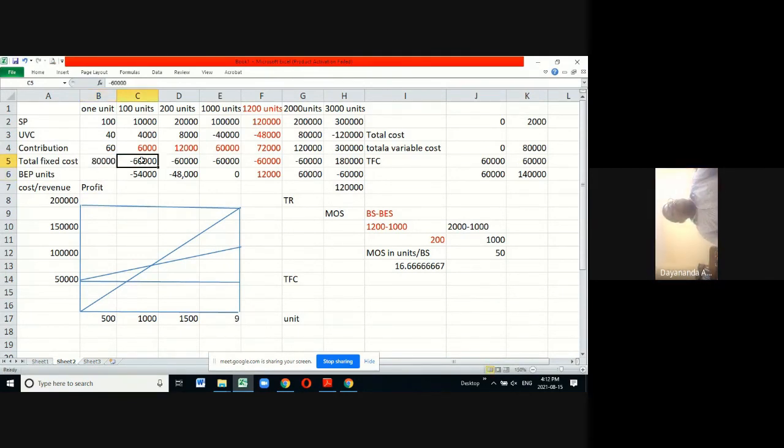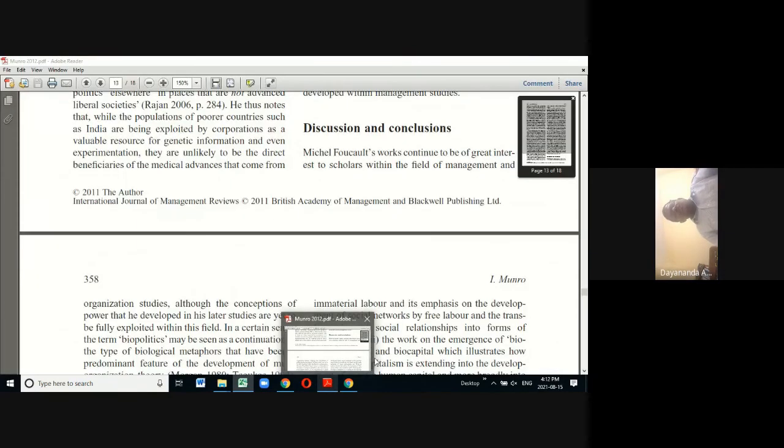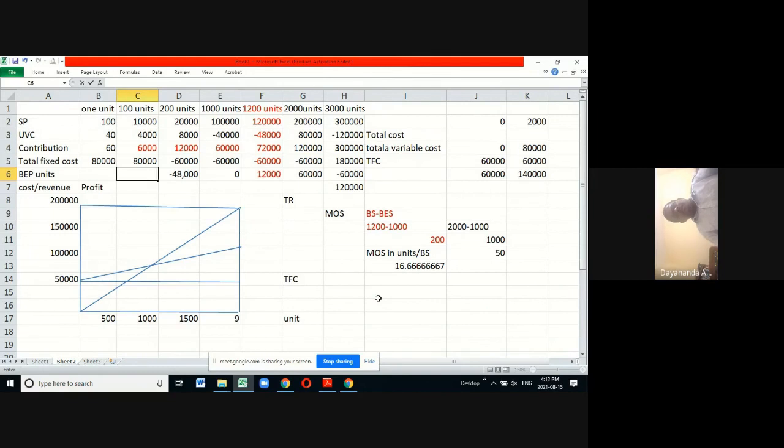So all the total figures change, no? Here if you put 80,000, it will have an impact on profit. It will have an impact on break-even also. So thereby, we are much more sensitive to the fixed cost also. Fixed cost is very important for an organization. Fixed cost is very important. Now I'll take that one also.